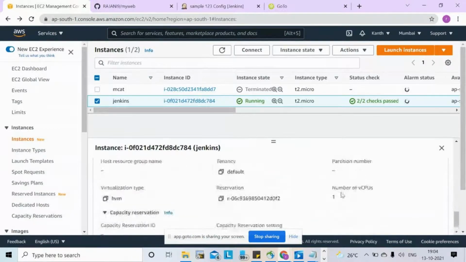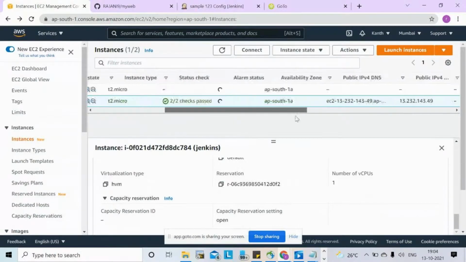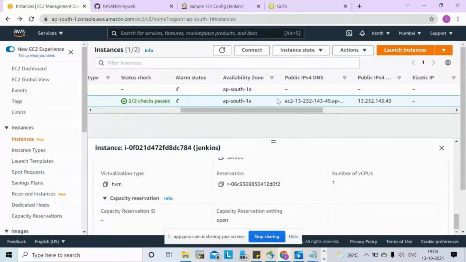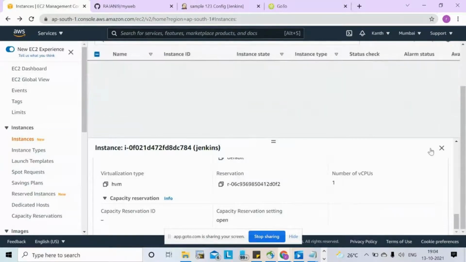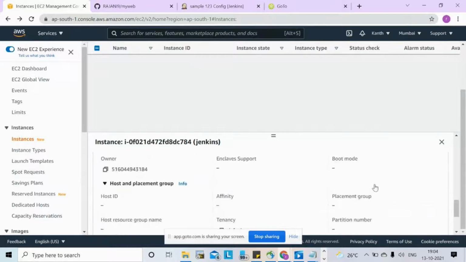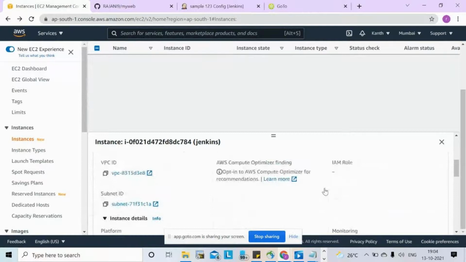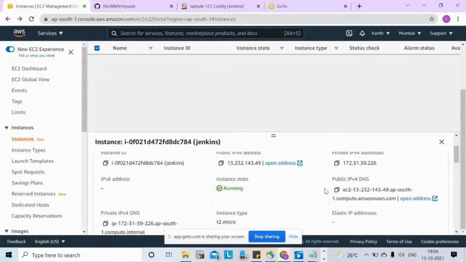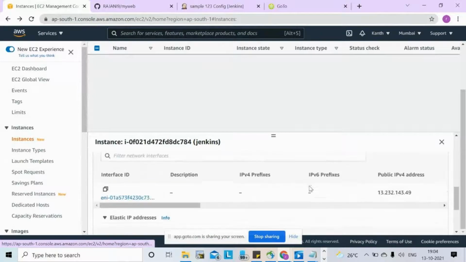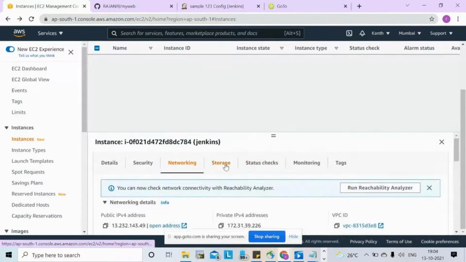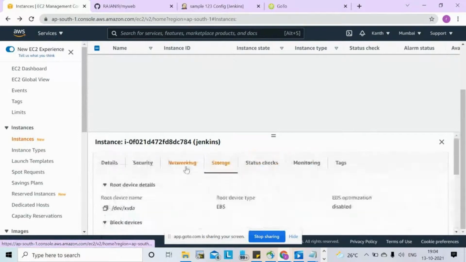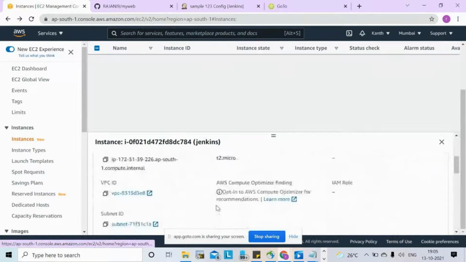Where is the availability zone? VPC subnet.